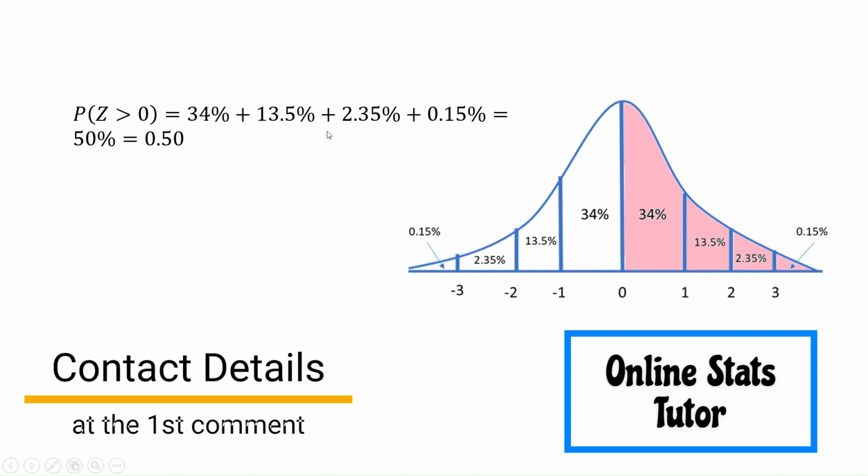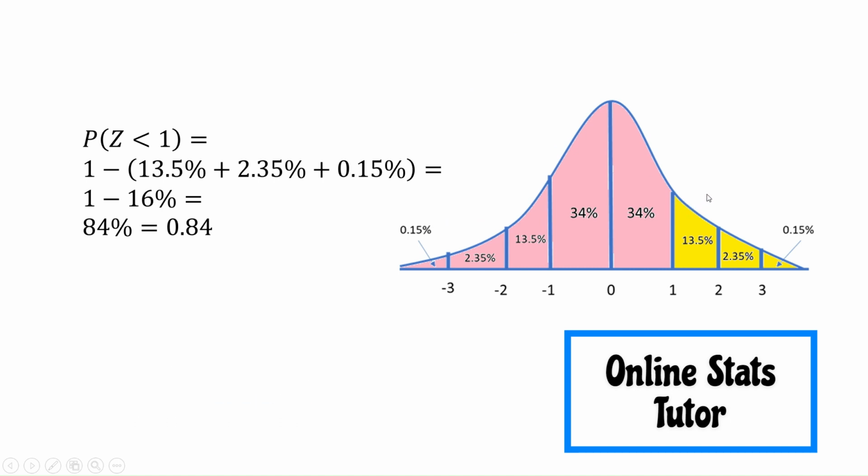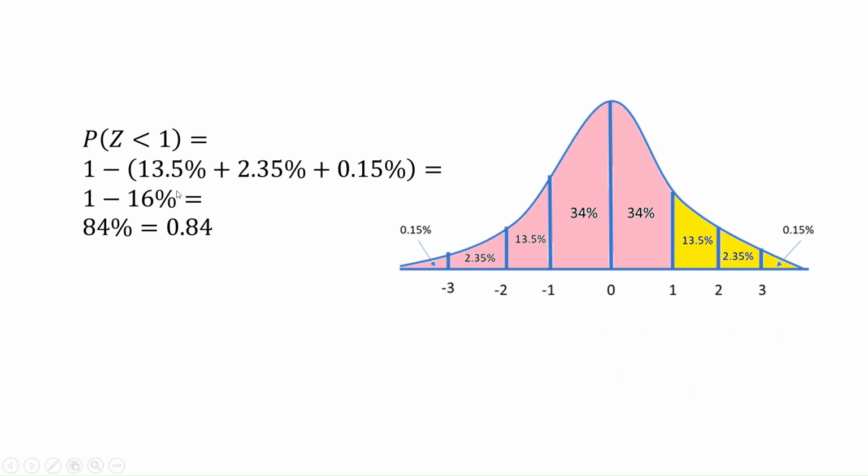Of course, we could have identified it just from the overall look of the result, but the empirical rule helps us to get those answers fast. So how about the probability to be less than 1? We can do either one of the two. We can accumulate all the pink probabilities, or we can remove from 1, which is the overall probability, the parts from 1 to 2, from 2 to 3, and from 3 to infinity, right? So we have chosen the second path. We want to accumulate the 3 yellow probabilities, which total to 16%. So 1 minus 16% gives us